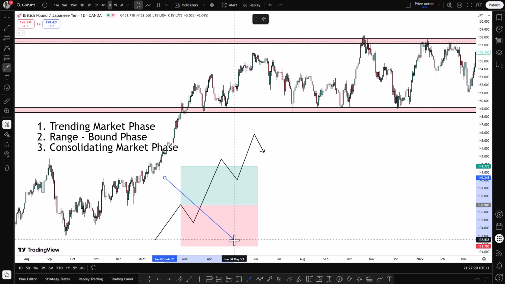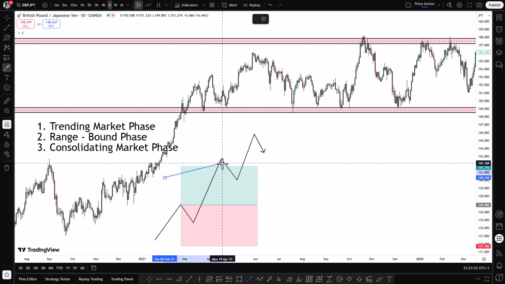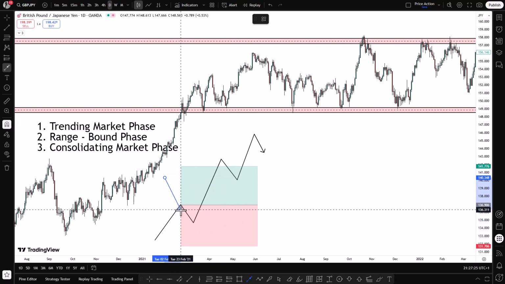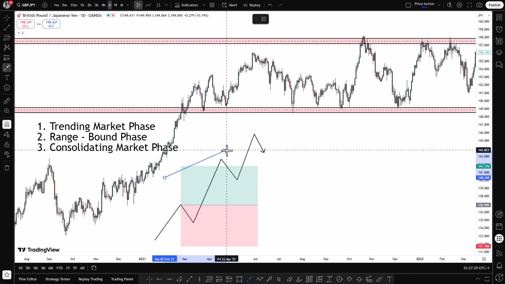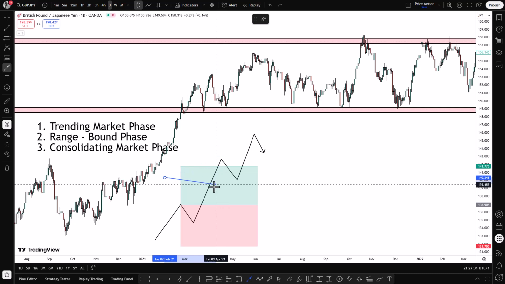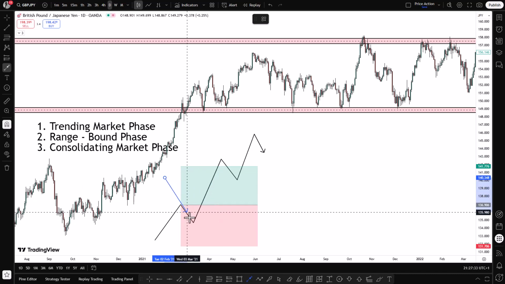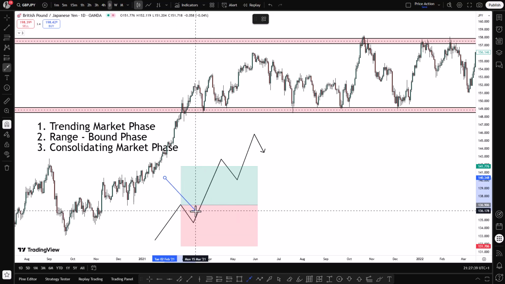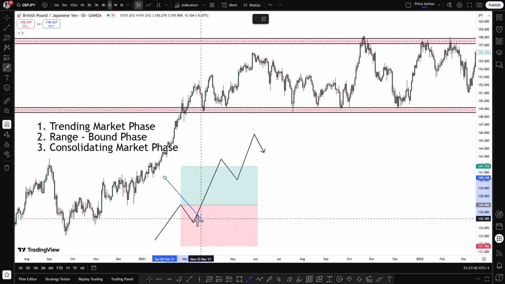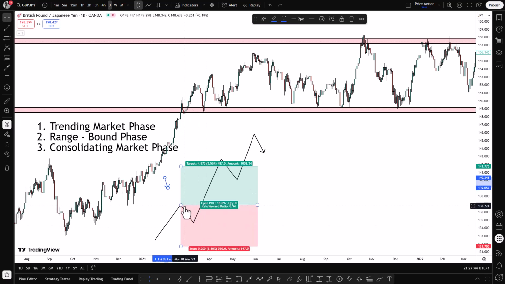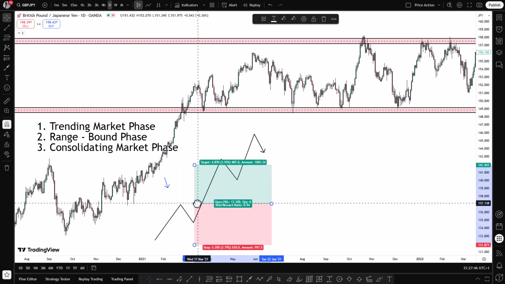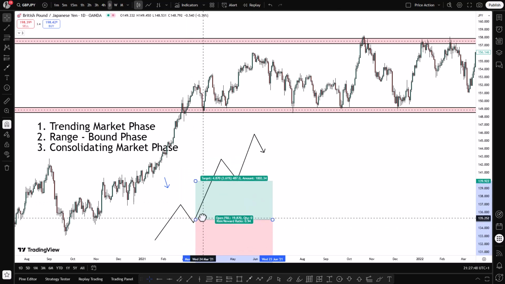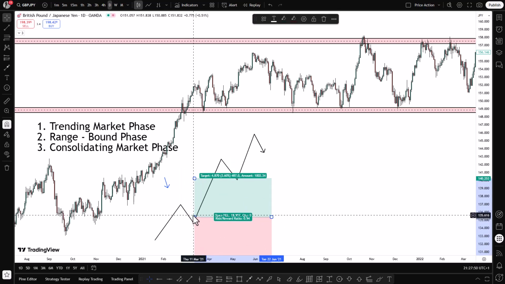So the idea is some traders, instead of waiting for price to make a breakout and then take a trade in the direction of the breakout, would much rather prefer for price to pull back, and then when it starts showing signs of rejection, like long tail candlesticks or bullish engulfing candlesticks in the case of an uptrending market, they decide that might just be the end of the pullback, and then they will place a trade,